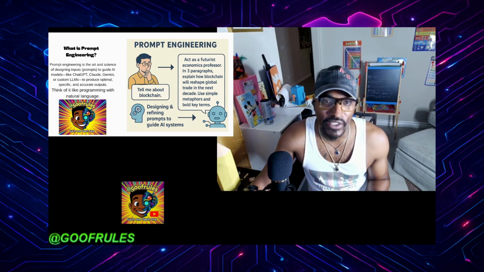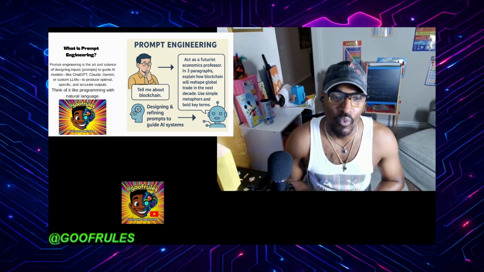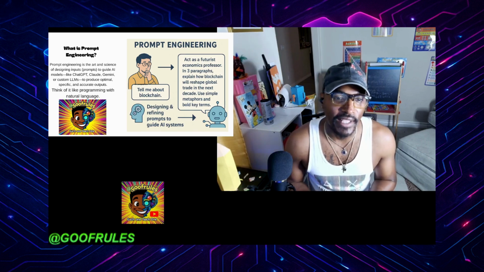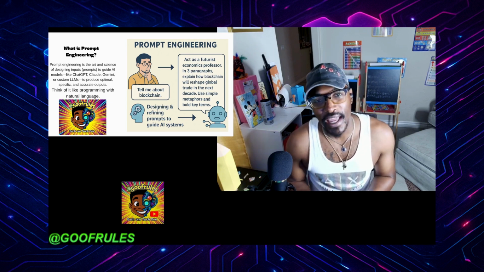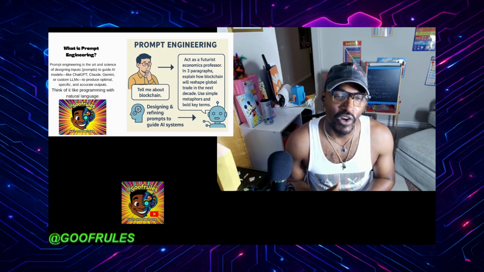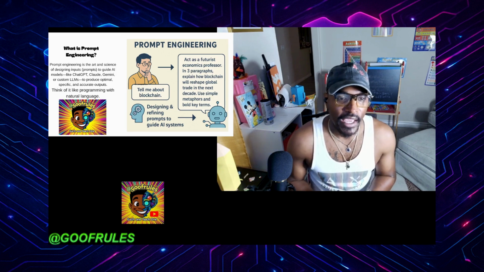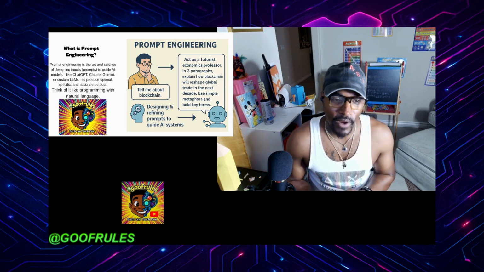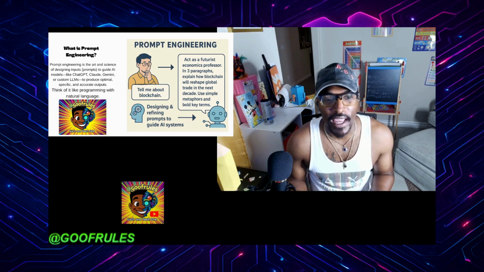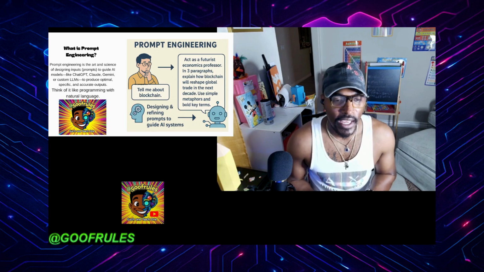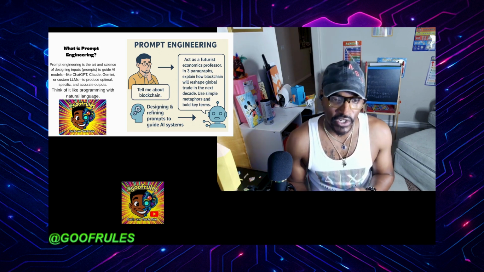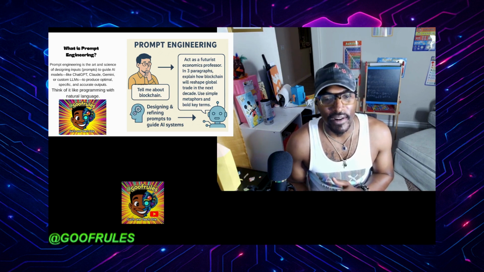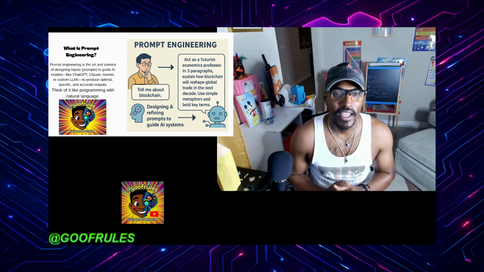Why is prompt engineering so important? It's how you communicate with AI effectively. You're not just asking questions, you're actually shaping the responses of the AI. It's the core of AI interaction. A prompt is the instruction manual for your AI. It determines performance quality, right? So a vague prompt will give you a vague answer. A specific prompt will give you a powerful and more tailored result. It unlocks the AI's full capability. You can guide tone, structure, style, perspective, even role play scenarios or simulate entire workflows just using AI.